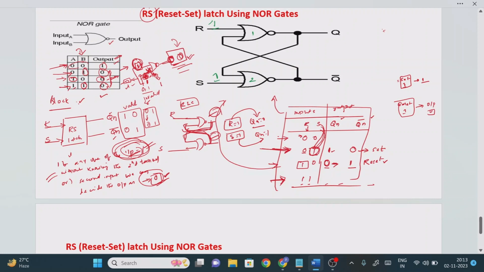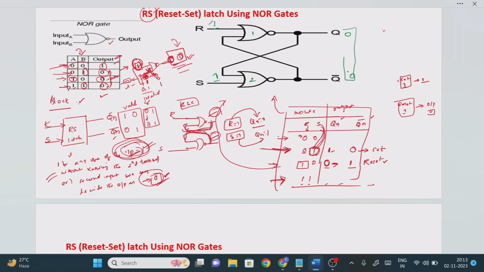The reason is that in logic gate 1 one of the input terminals is 1, as we discussed here. In logic gate 2 also one of the input terminals equal to 1. It means that you can directly decide the output as well as the complemented output, right? So for the first logic gate, what is the output? 0. Second logic gate, output equal to 0.